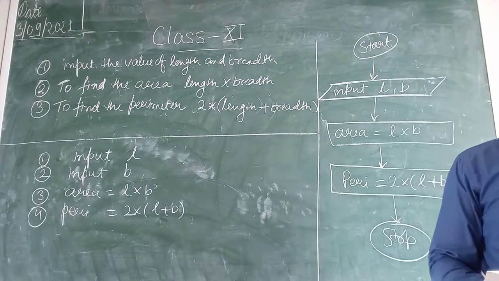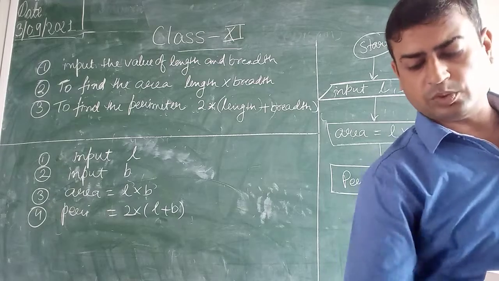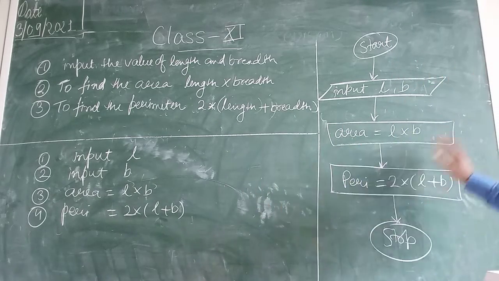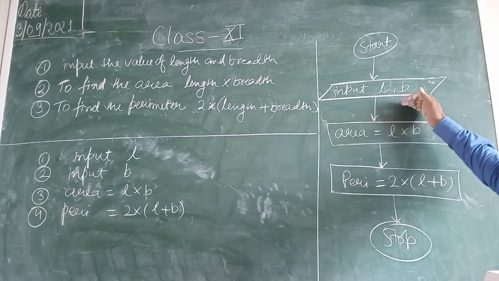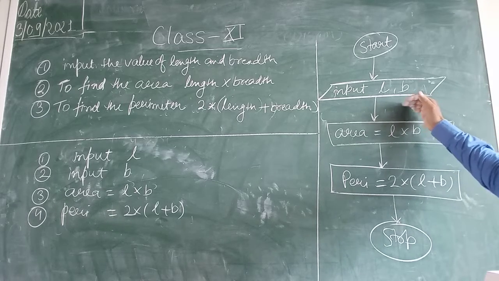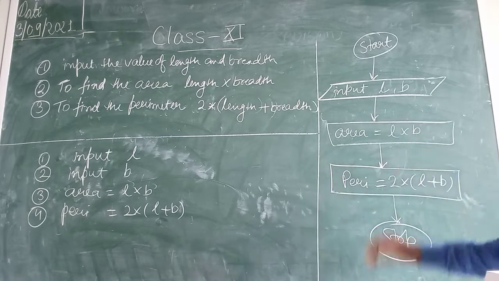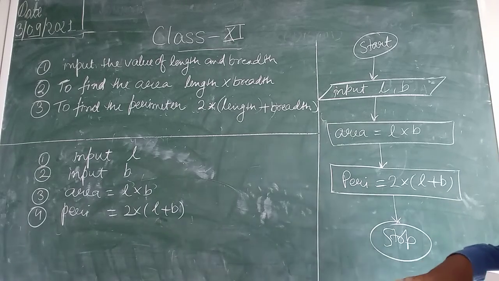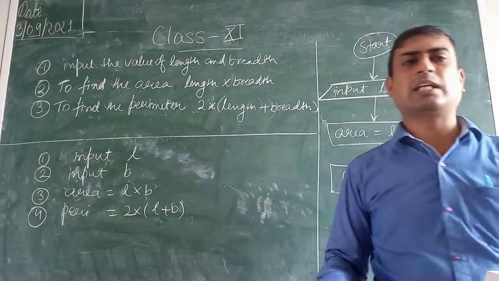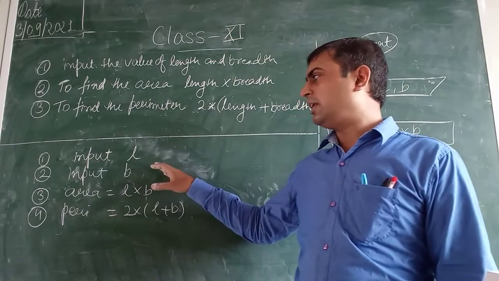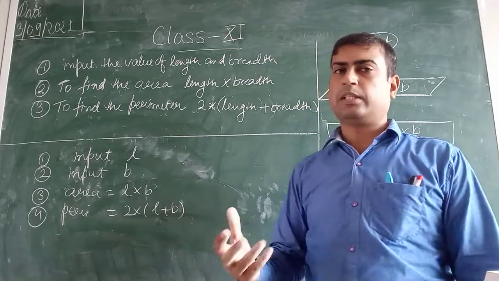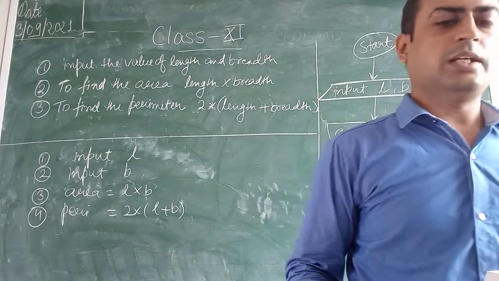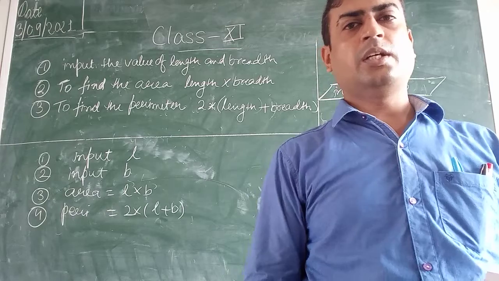Algorithm means no need to follow any rules. You have to use simple English to define the program. In flowchart, wherever you are taking input, you will use this parallelogram. In processing, you will use rectangles, and in stop, you will use this oval. A pseudocode is somewhat like program. L, B, I have taken input. In short, you can write with the variables which you are taking. So, like this you will write the code.